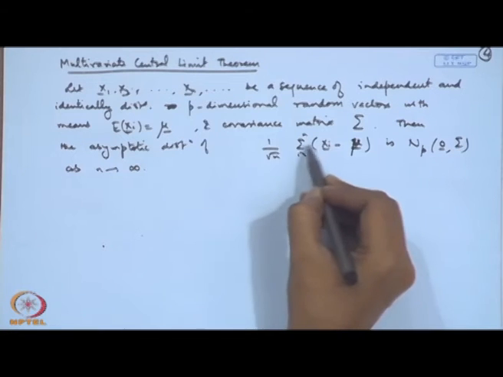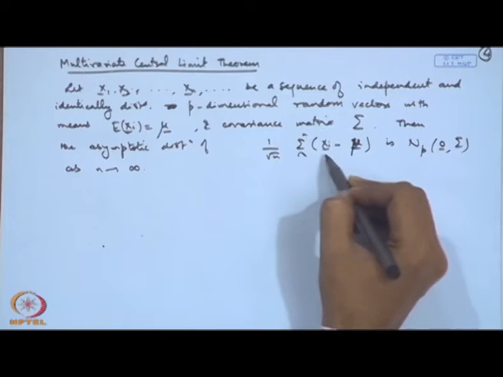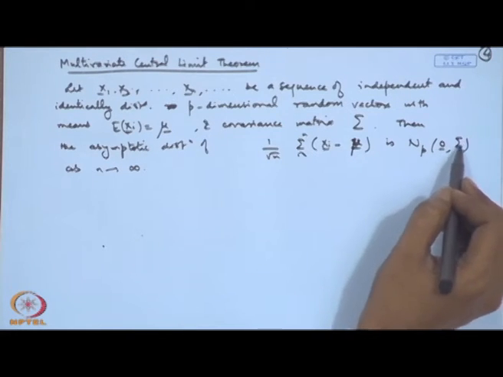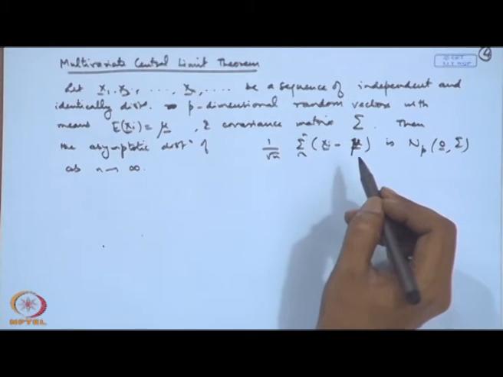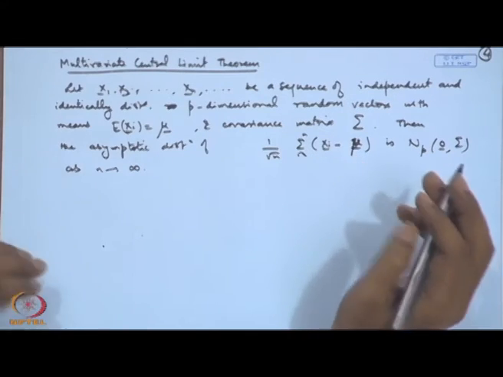I have not considered division, that means, in the case of univariate we are considering divisor as sigma here, but we are not putting that here because you have a matrix here. So, at the most you can consider multiplication by sigma to the power minus half here, but that is of course easy to understand. So, this type of result is helpful to establish that we can actually use the one sample and two sample procedures that we have discussed for the multivariate normal distribution. They will be widely applicable.